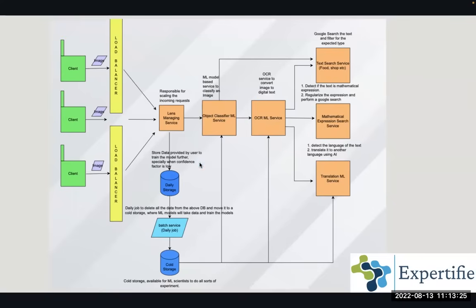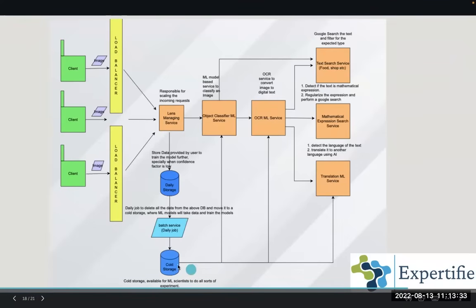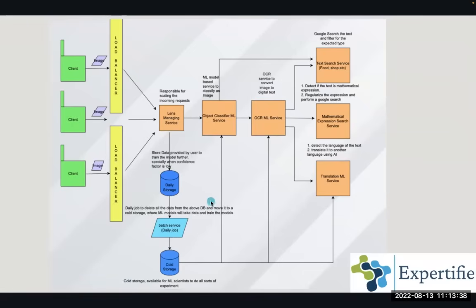Okay, so now before we move ahead, any questions on this? Any questions so far? The arrow from lens managing service to daily storage, shouldn't it be from object classifier ML service to daily storage? Because we are considering if the... you are right. So if the threshold part you consider, then yes. But